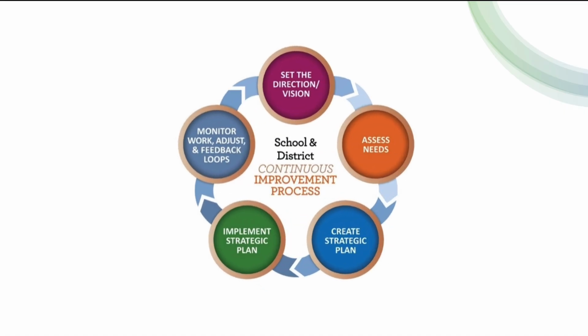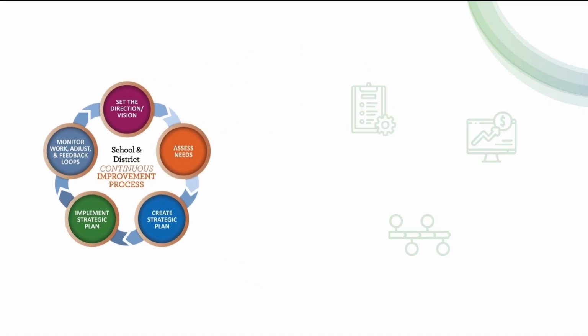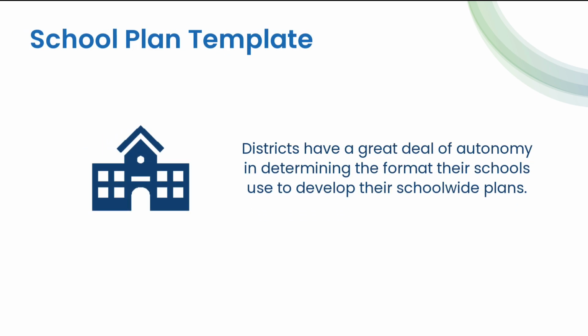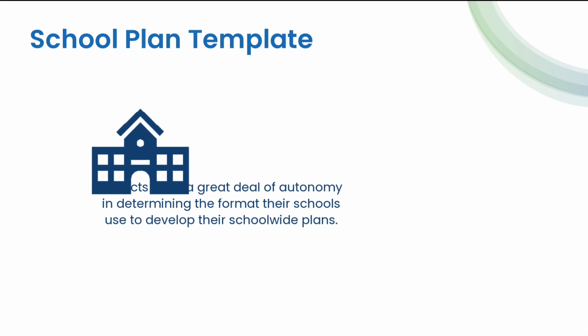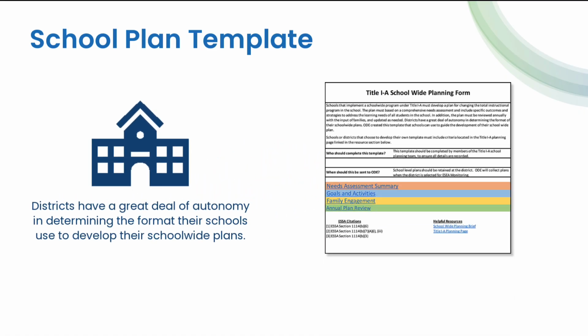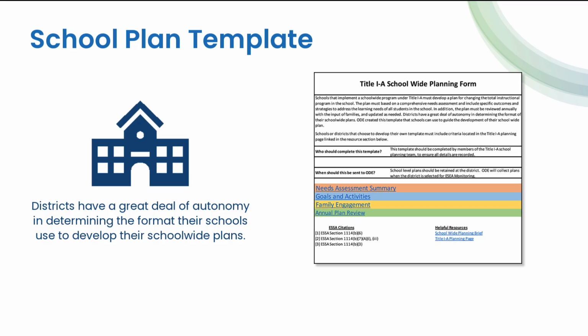The continuous improvement process lends itself well to school-level planning. Districts have a great deal of autonomy in determining the format their schools use to develop their plan and are encouraged, but not required, to use Oregon's Title I-A school-wide planning template, which meets all the necessary criteria. For districts that choose to use their own template, this document serves as a review tool to ensure all required